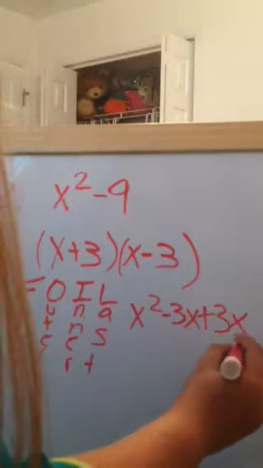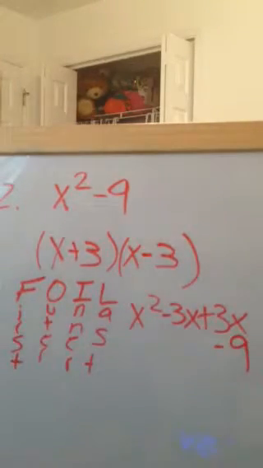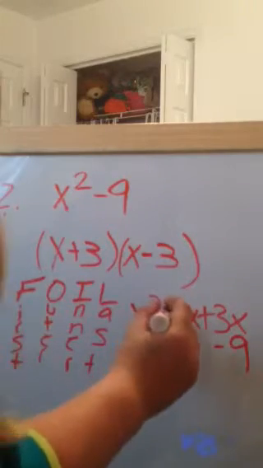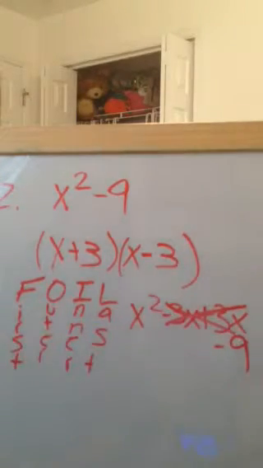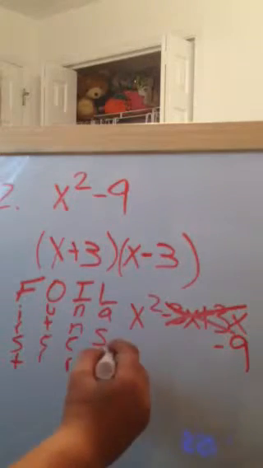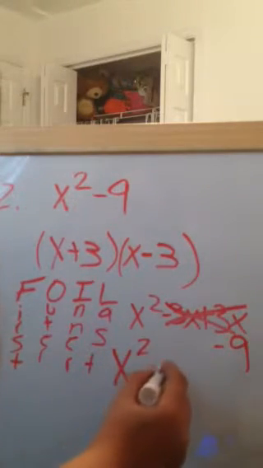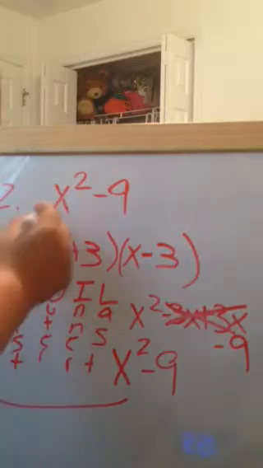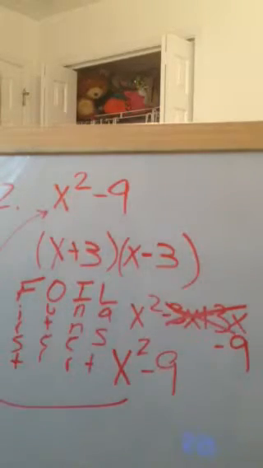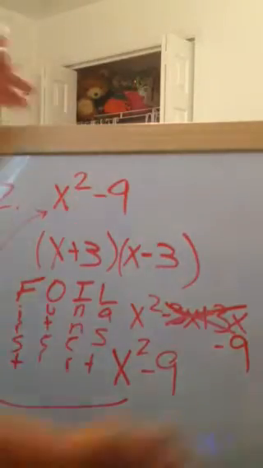And I'll write that down here because I'm kind of running out of room. So these two are going to cancel each other out because it's a negative 3x and a positive 3x. And so all you're going to be left with is x squared minus 9. And that is what you originally started with. And that's how you know you factored correctly. Now our last one